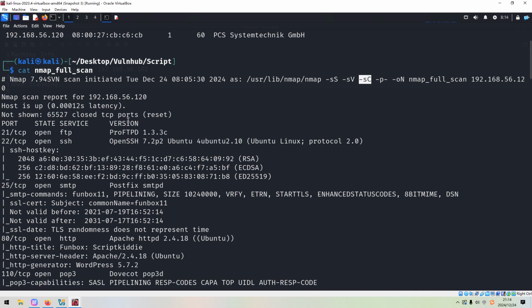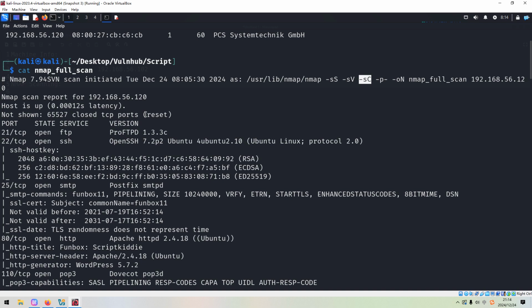So if the target allows anonymous login, then during the enumeration stage, we need to manually connect to the FTP service, or we need to connect to the FTP port number on the target. But in this case, the target doesn't allow anonymous login. So this is the first thing you need to do in terms of enumeration with the FTP service.